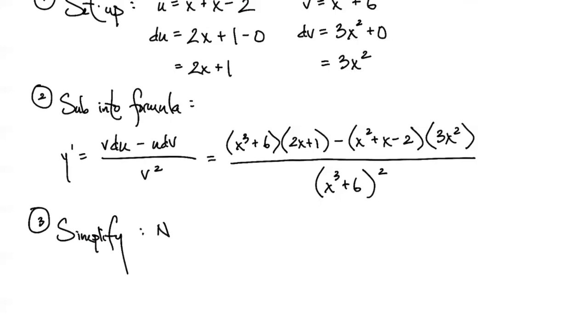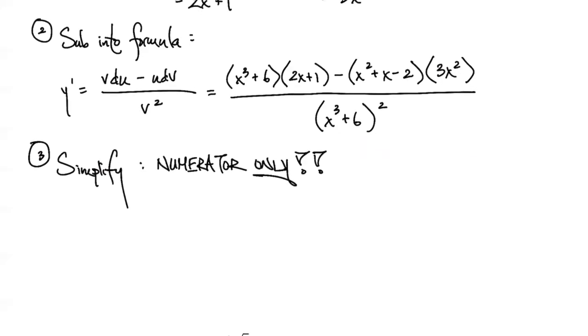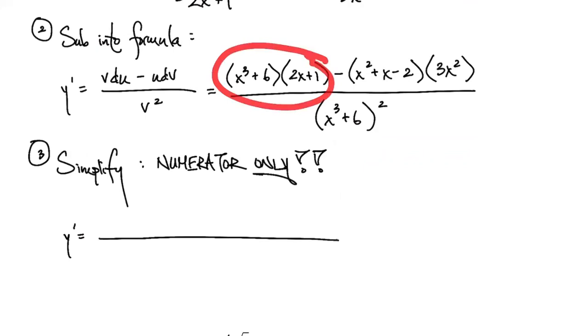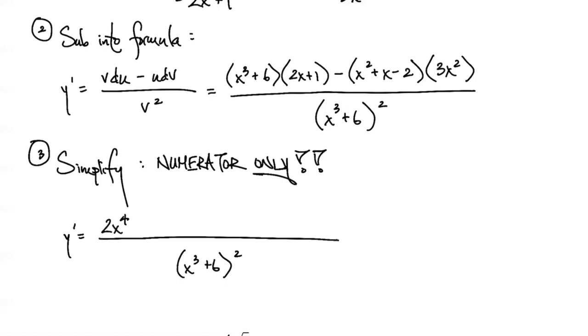Let's make a note to ourselves: numerator only. All right, so let's see what we get. Let's start by foiling out that first term, and we're going to get 2x to the 4th